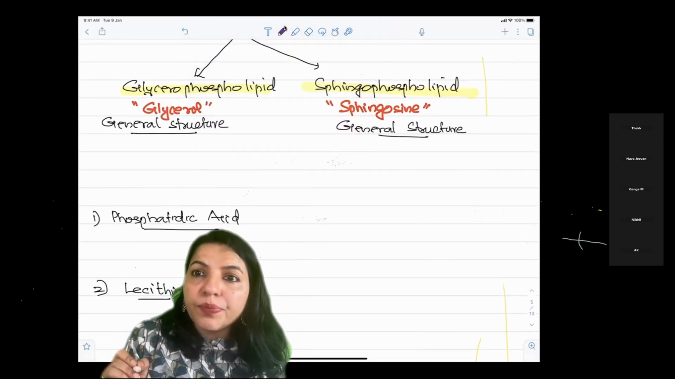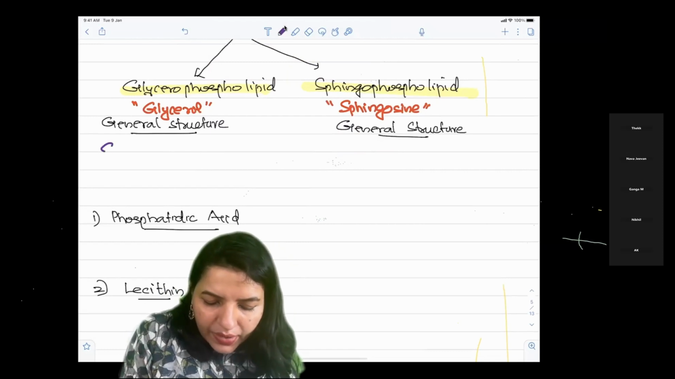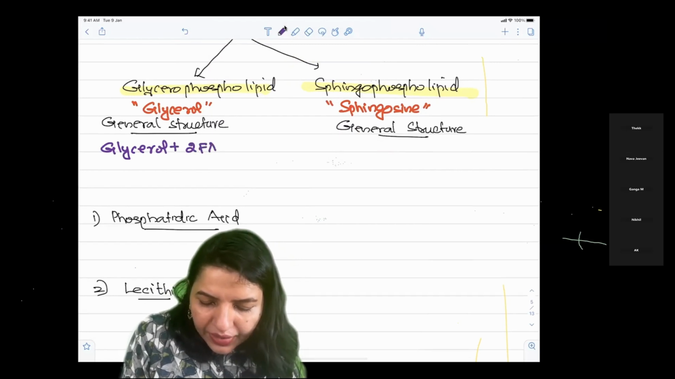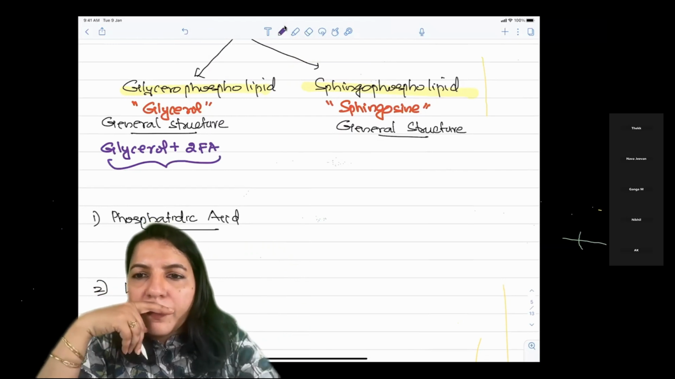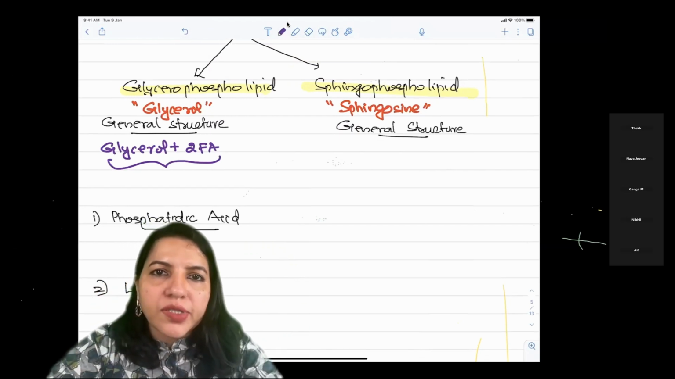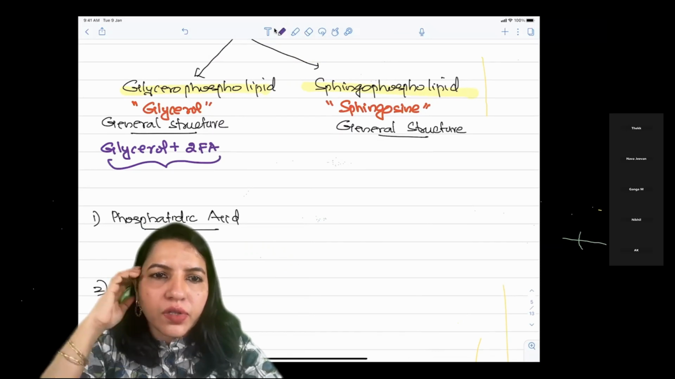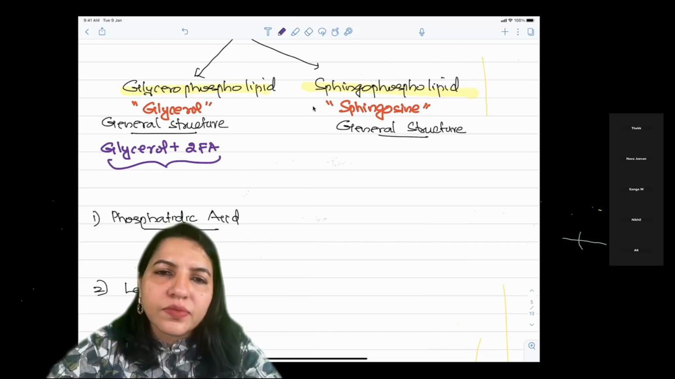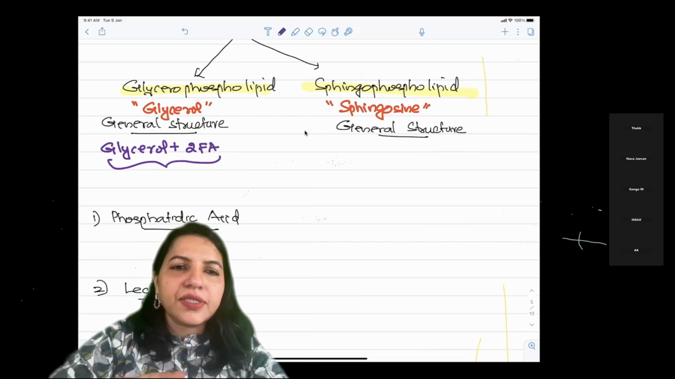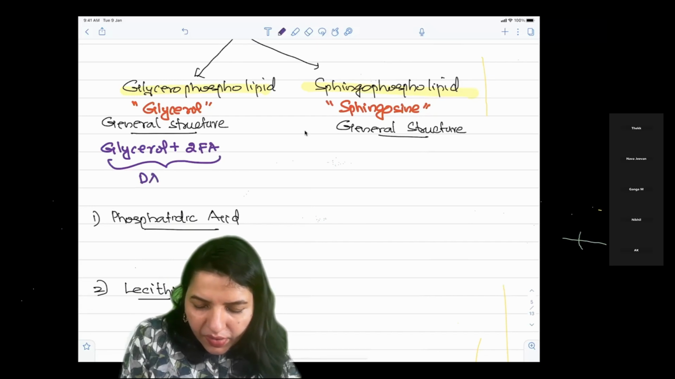So glycerophospholipid means that it has number one, glycerol. Okay, this is attached with the two fatty acid. Now who will tell me what is this? You can put it in the chat box. Yes, so that is diacyl glycerol plus phosphate group